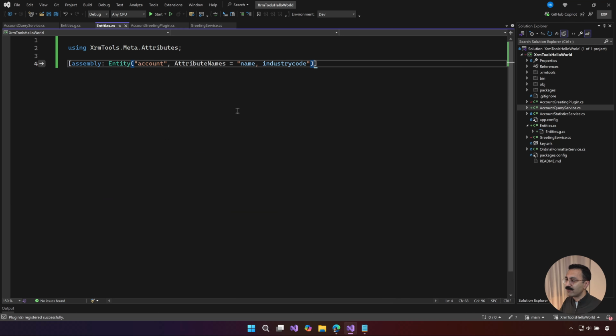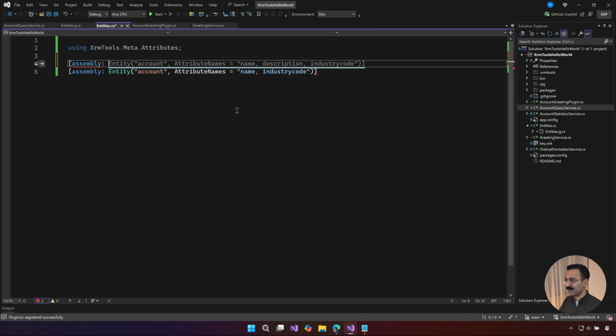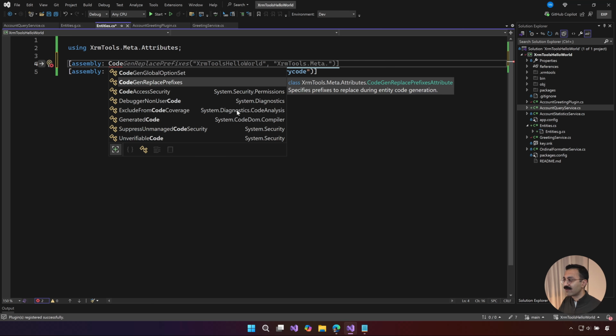But you might be wondering, what if your attributes or the entity has some prefixes that you would like to remove? For those scenarios, you just need to add another assembly attribute in here and look for CodeGen replace prefixes.